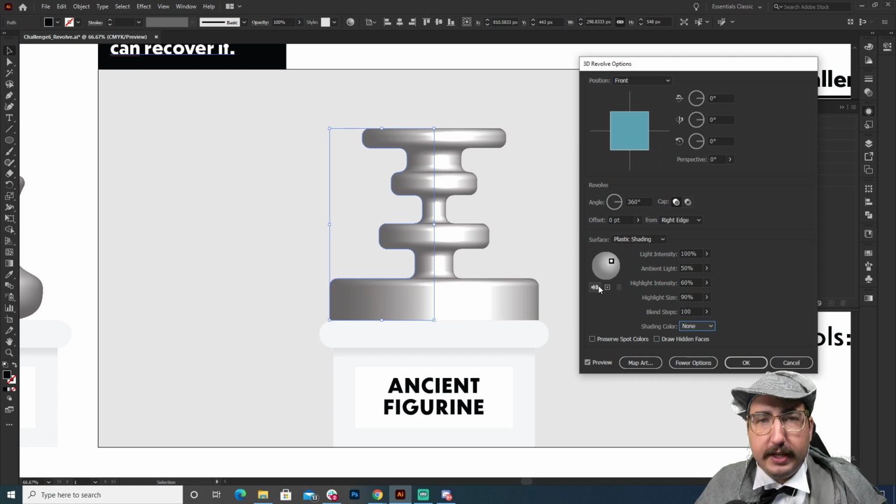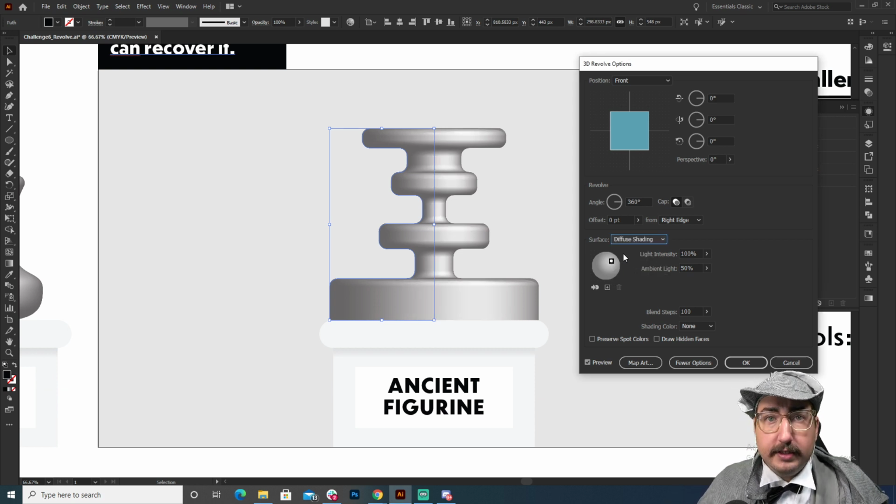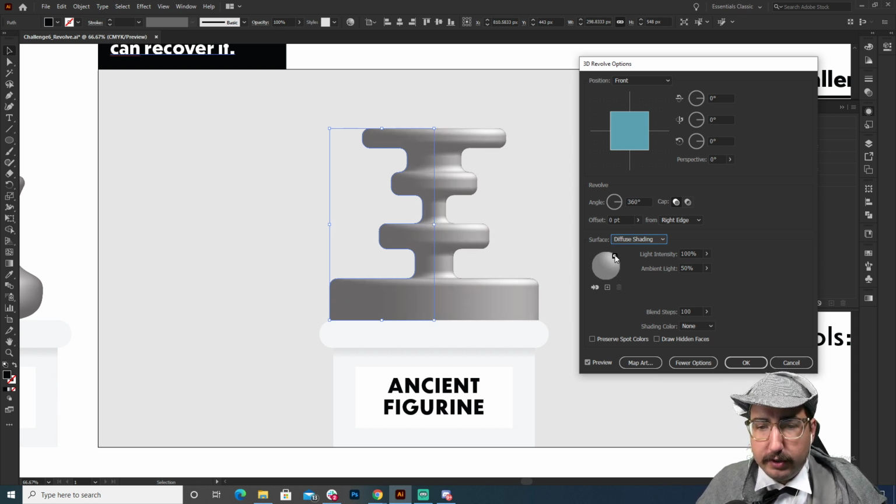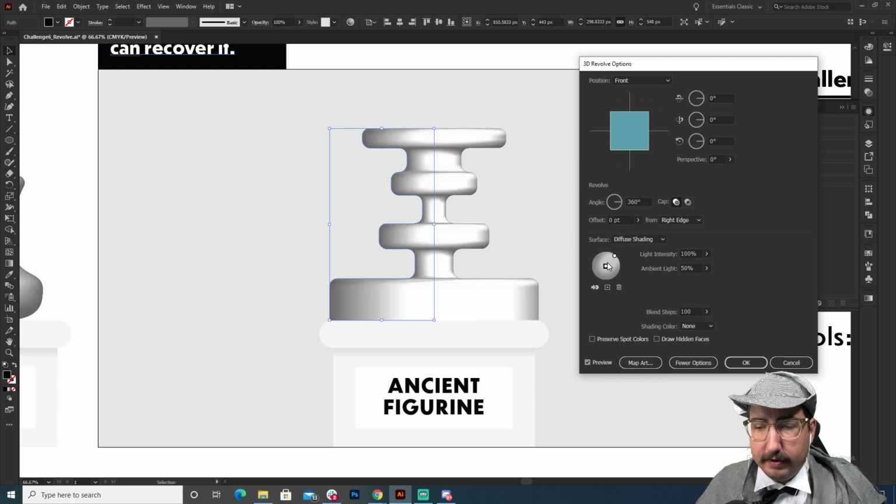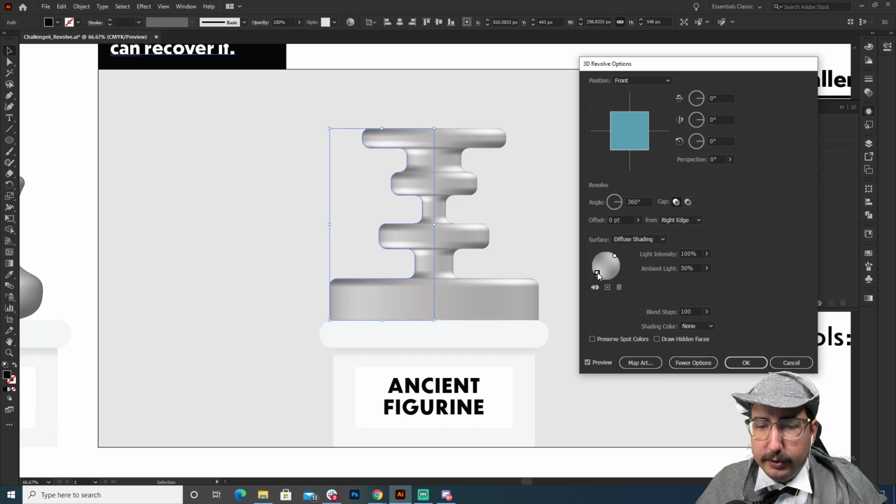And I'm going to show you something else that you can work with, and that is, instead of plastic shading, working with diffuse shading. This is going to allow you to add multiple points of light so that it can have a nice soft look, like it is actually being created in the scene. So we can click this little plus underneath the sphere here, and just drag these around, and it's actually adding a second light source. You can see that light is coming in from this side, but also from this side.